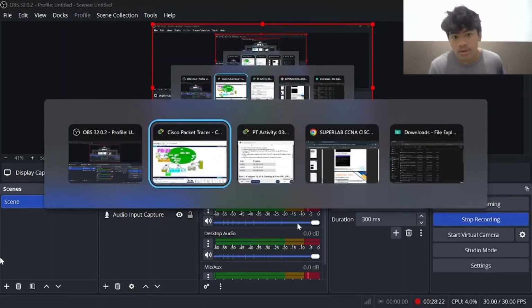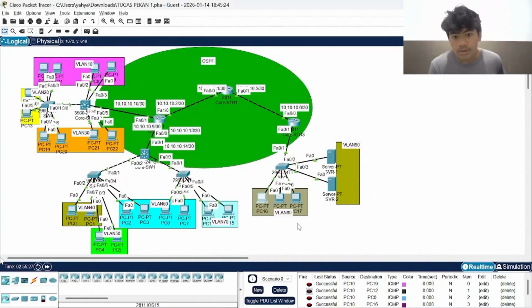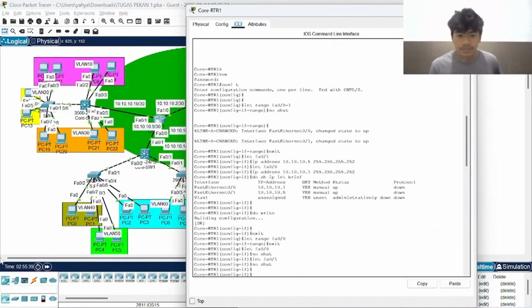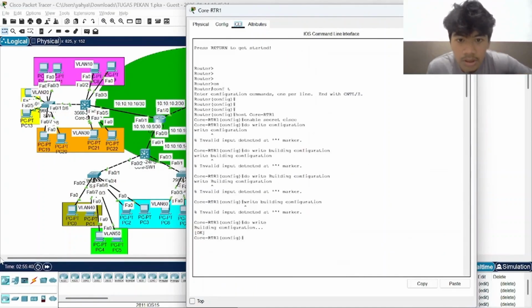So there you go. And you wanted to make sure all of this is pinged successfully. As you can see at the bottom of my screen right there, all of this has success. And then for the router 1, core router 1,